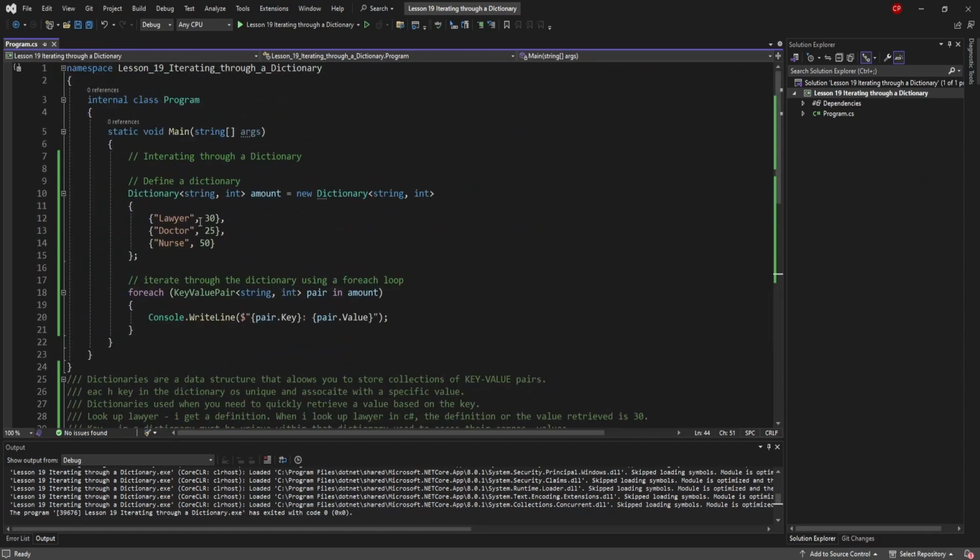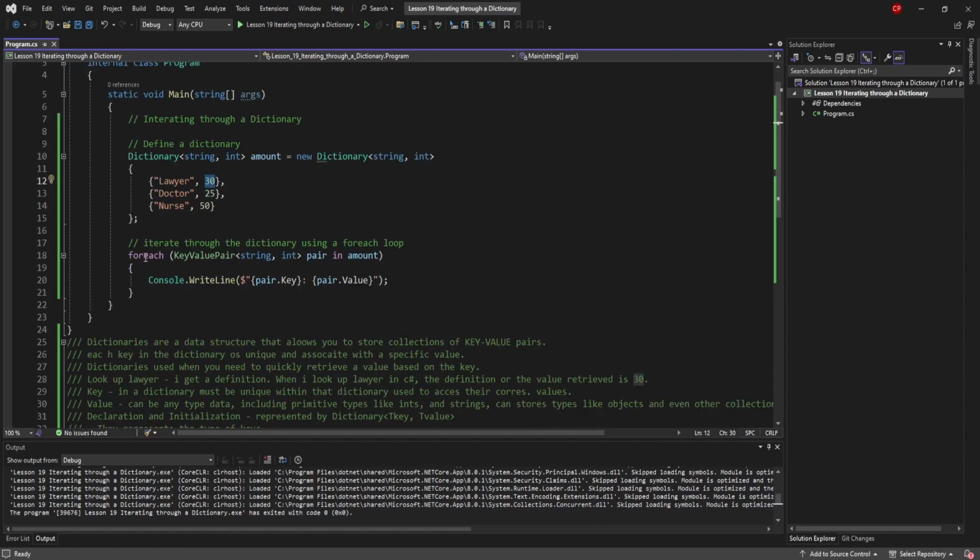So we're using dictionary string int to store a collection of key value pairs where the key is a string representing the title, like the lawyer, right? The person's job. And the value of the integer is representing how many there are. The for each loop iterates over each